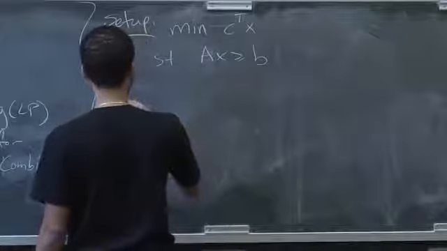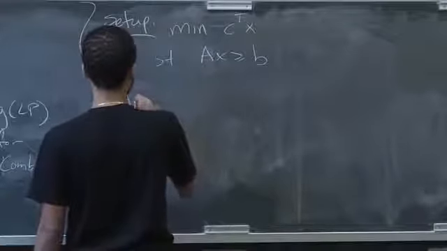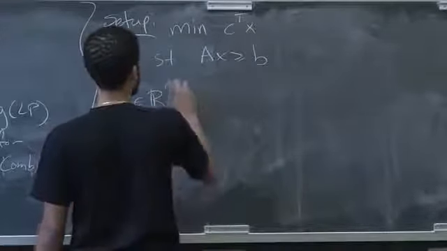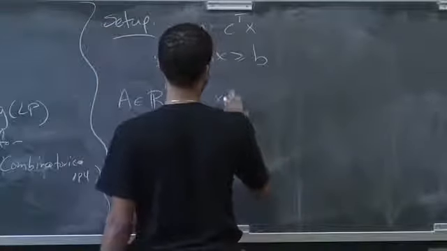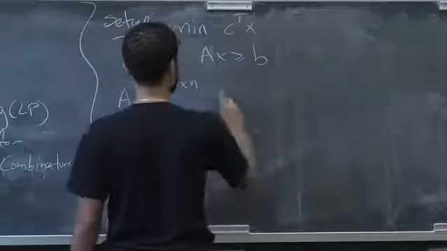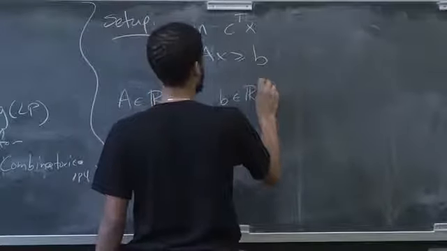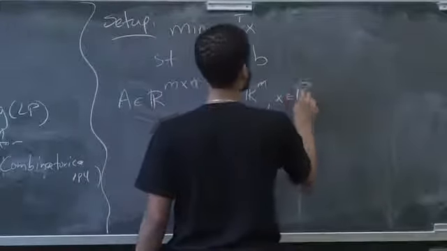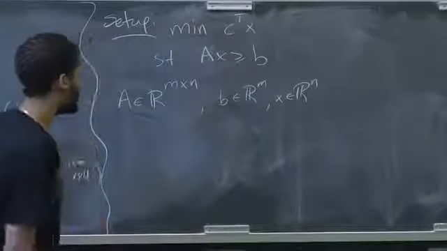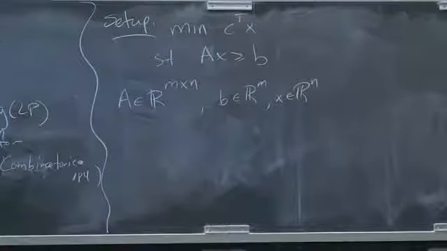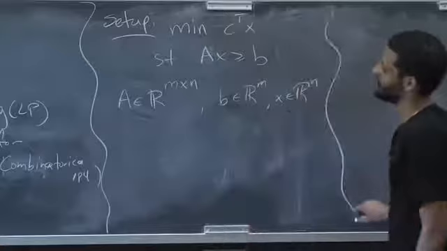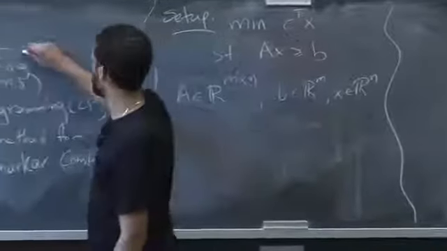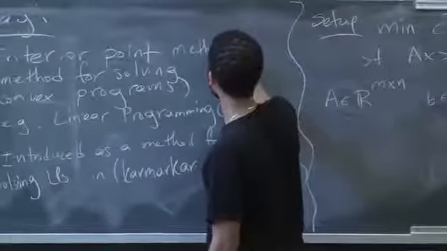A is an m by n matrix, b is in R^m, and x is in R^n. So the basic idea of an interior point method, and I'm going to keep abbreviating it as IPM,